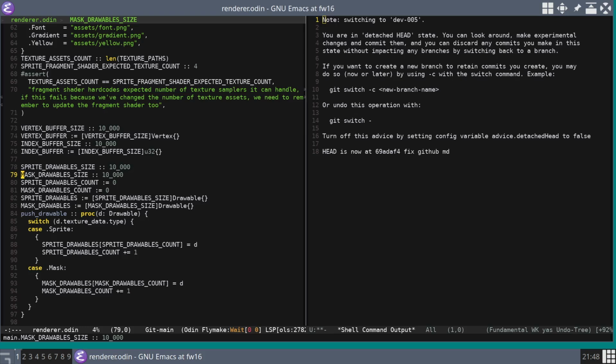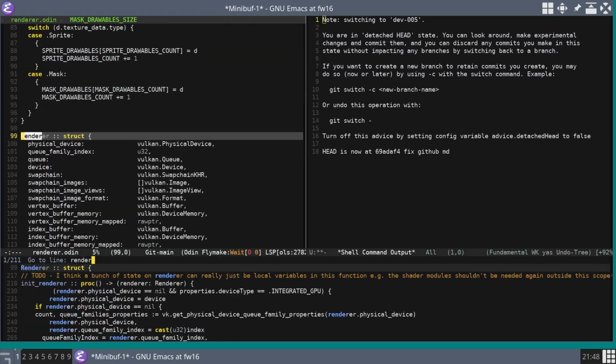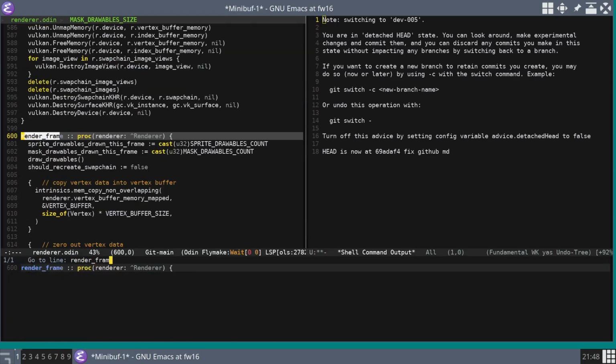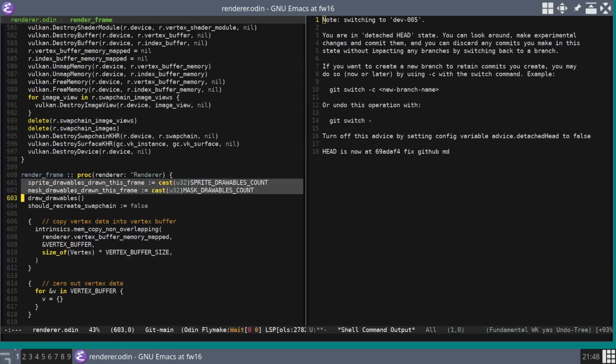If it's off, it's completely transparent. It's kind of one thing if it's a mask, right? It's like the opposite of a stencil. It's giving you the bits of the area that are going to be colored in with the color you pass in. If we go find that render frame again, down here, so you can see in here,